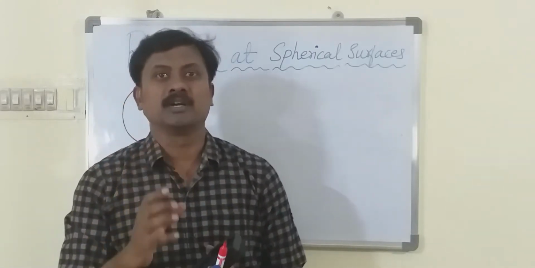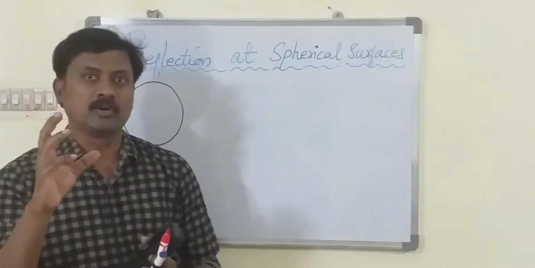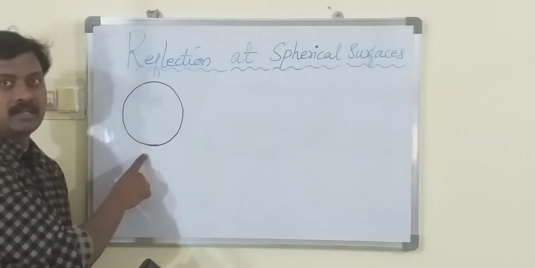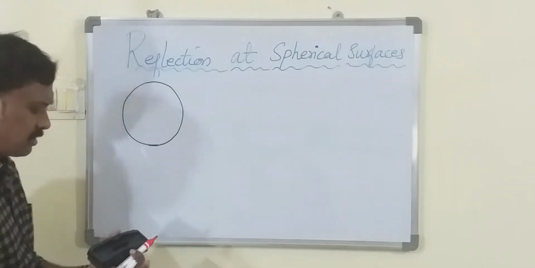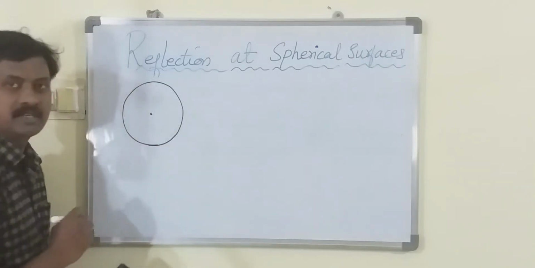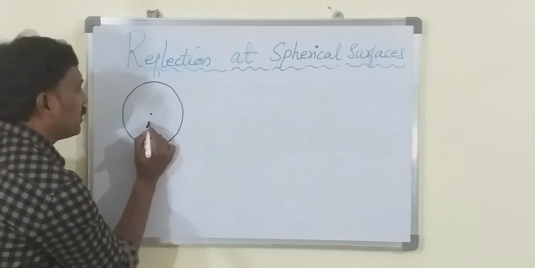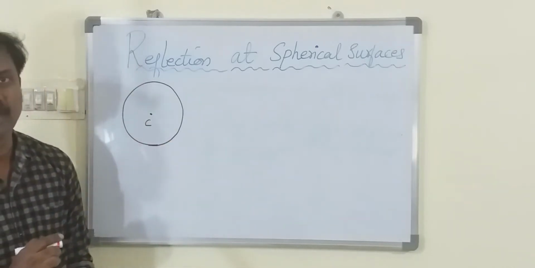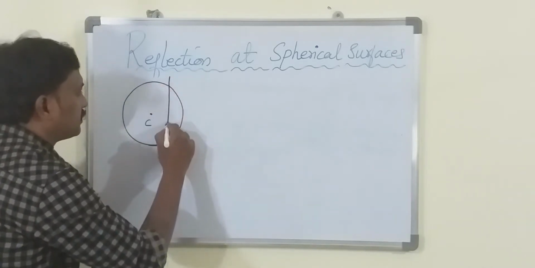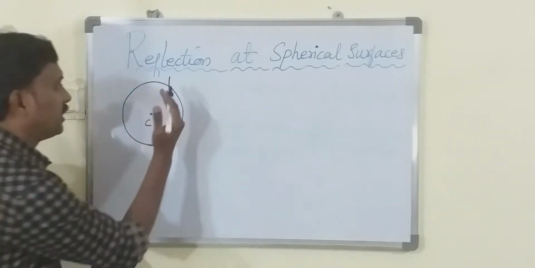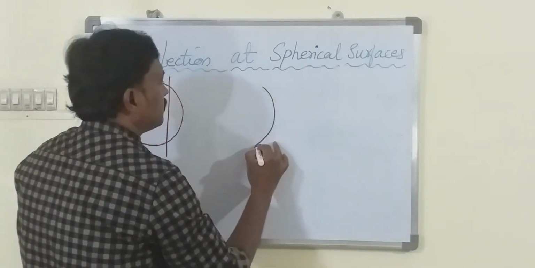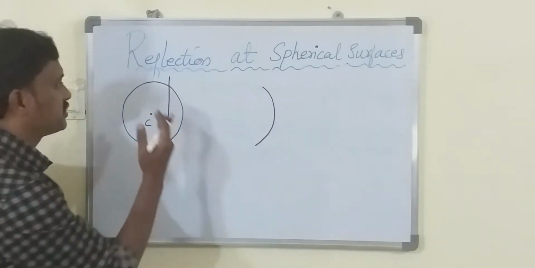So you have to consider a rubber ball, but the rubber ball we have assumed it is made up of glass. So I have taken a spherical glass ball, right? Now this glass ball has a center. This is a sphere and the sphere has a center, and I call that as C. Now we cut some part of the glass sphere like this, and let us take that part out like this. So this is the part of the glass which is cut from the sphere.